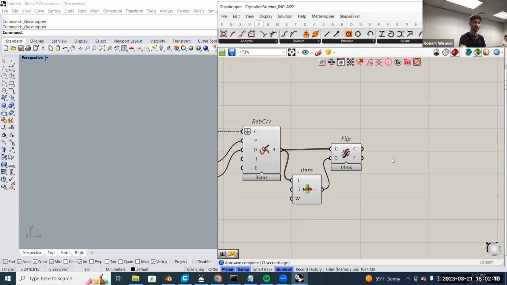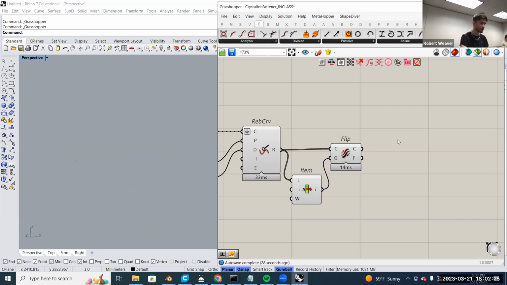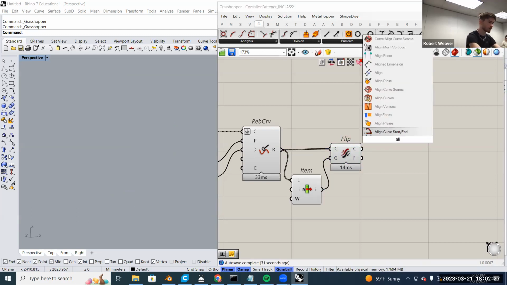So the last thing to do is to make sure the curve seams are all aligned. So we have a pretty clean kind of start and end, or a seam on the actual loft itself. In order to do that, there's a nice plugin in Pufferfish just called Align